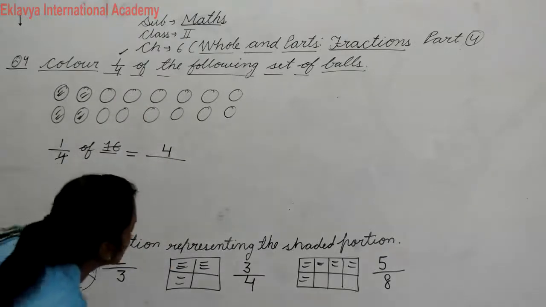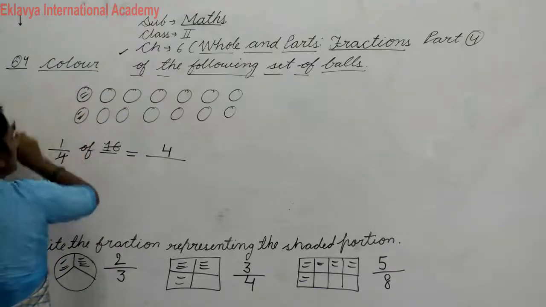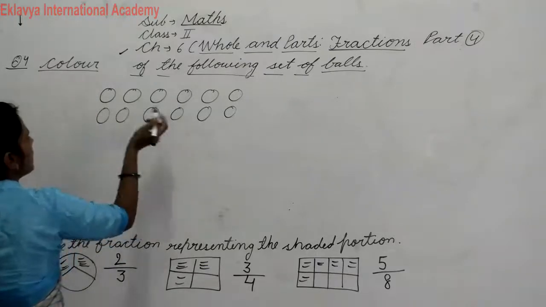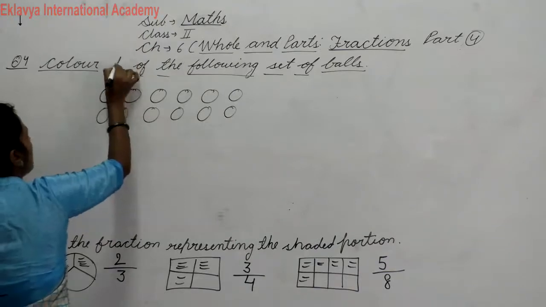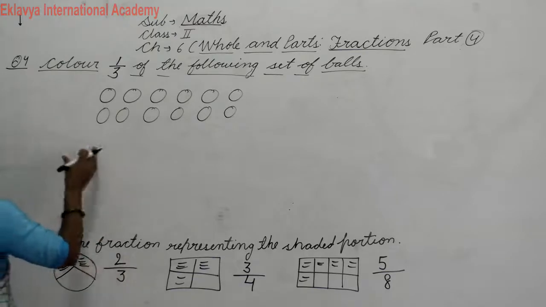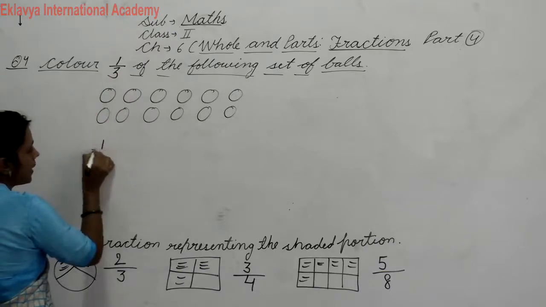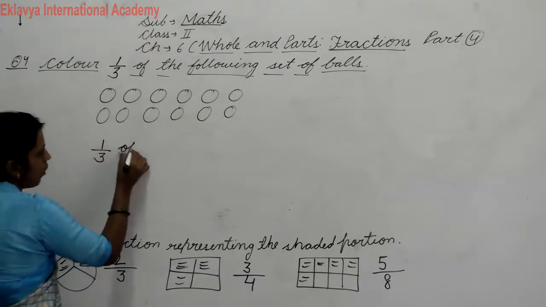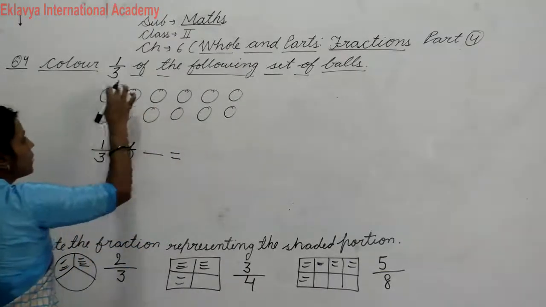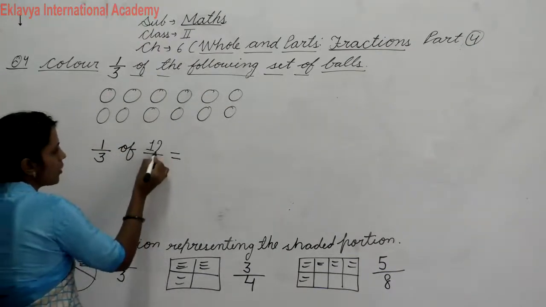Okay. Now beta I have changed here. Suppose I write here 1/3. First of all, as I told you in our previous example, 1/3 we will write here. After that we will put here "of". And after that we will put here total ball. 2 1 2, 2 2 4, 2 3 6, 2 4 8, 2 5 10, 2 6 12. 12 is your total ball. We will mention 12 here.